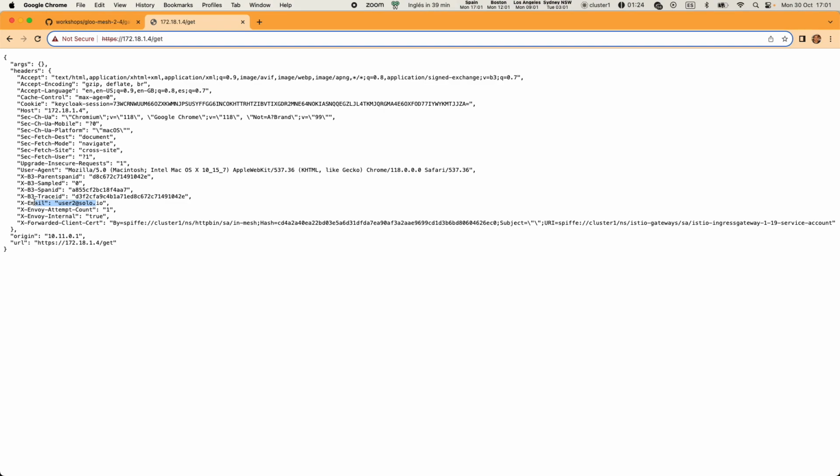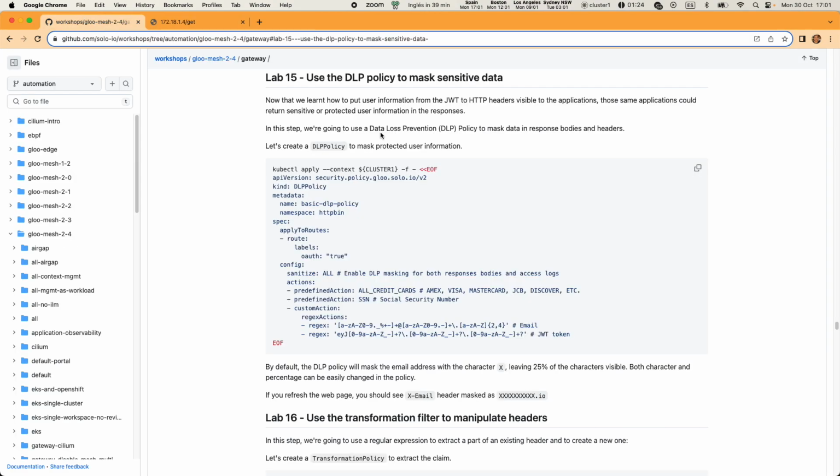But at the end of the day, human mistakes will eventually happen. It's not really a question of if, but more about when it's going to happen. So to protect you from those data leak situations, we are going to use a DLP policy, a data loss protection policy. This policy allows you to very easily protect your data